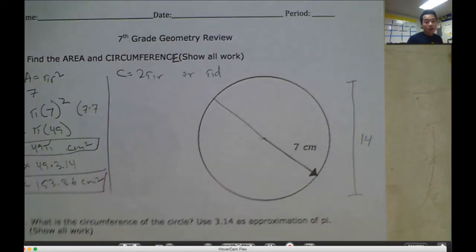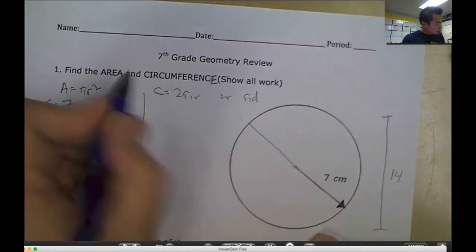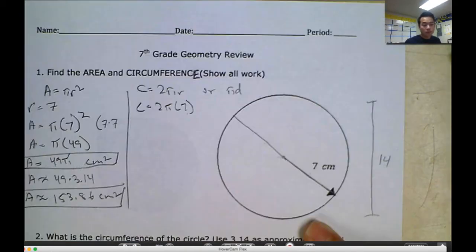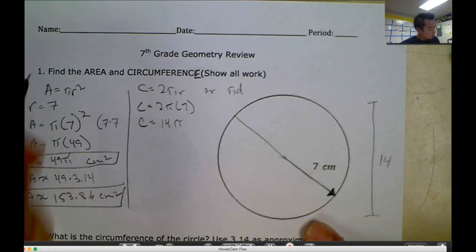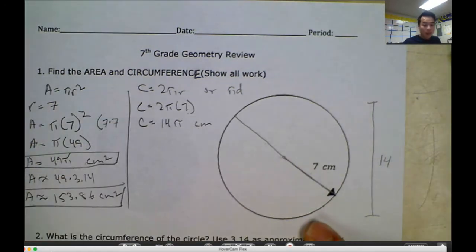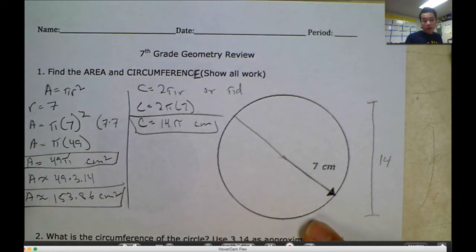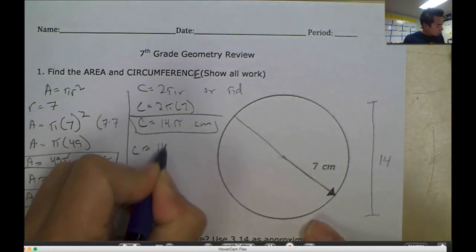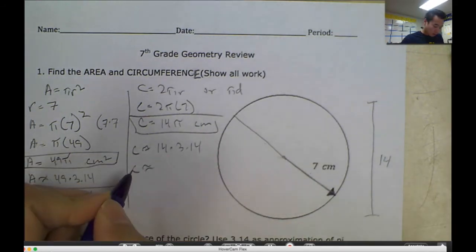Circumference is going to be the same thing, except we're not squaring, we're just multiplying the radius by 2. So circumference is equal to 2 pi times 7. Circumference is equal to 14 pi. And there is my exact answer. I'm not going to square it, so I just leave the centimeters unit alone. So it's just centimeters to the first power. And then to get to approximation, I go 14 times 3.14. Circumference is approximately